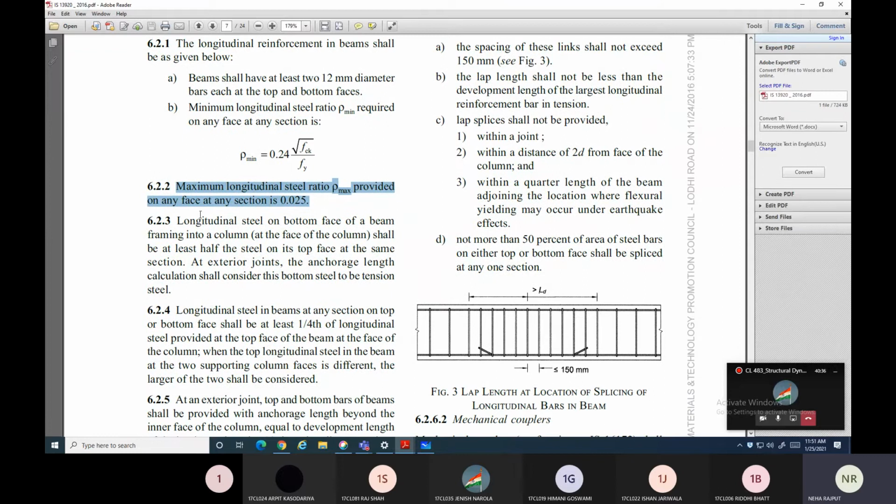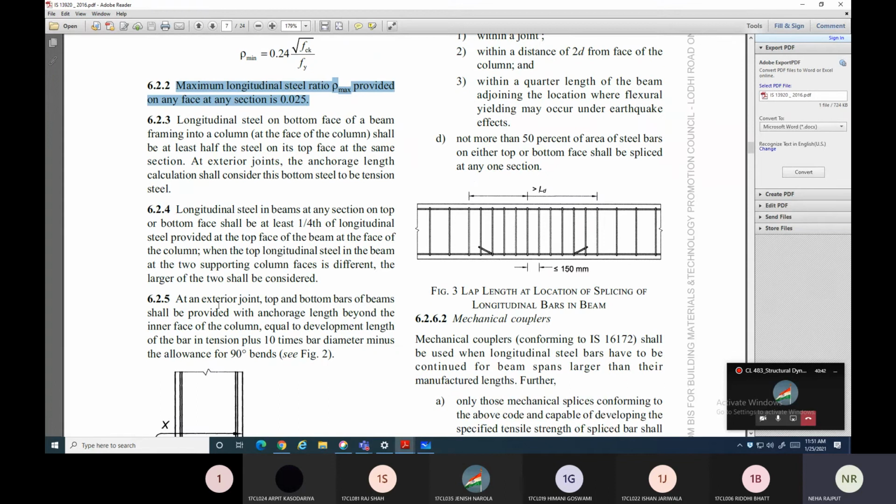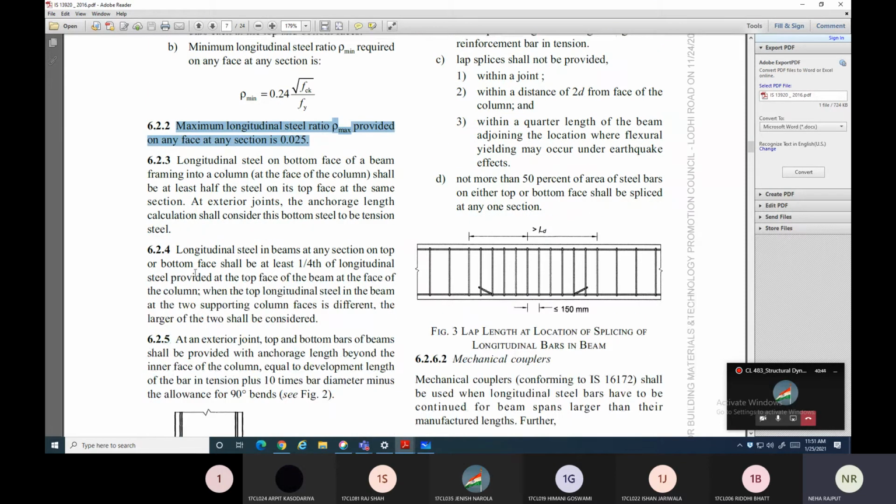Then these are the detailing points, from the drawing point of view. These three clauses, 6.2.3, 6.2.4 and 6.2.5, apply when you are drawing the beam reinforcement. आपने डिजाइन कर लिए, लेकिन जब आप ड्राइंग करते हो, then which parameters you need to keep in mind as per 13920, from the earthquake point of view, to make your beam more resistant towards the lateral force. तो ये उसके लिए clause है.